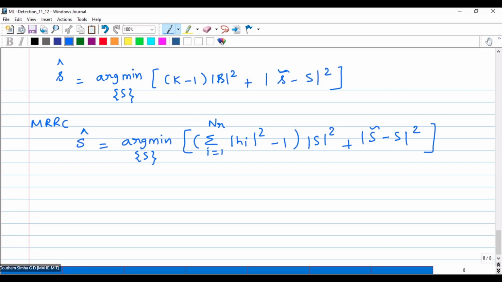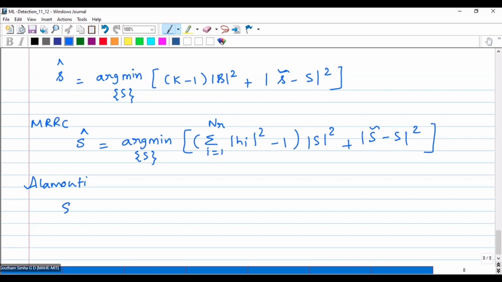Similarly, Alamouti you can write. For Alamouti, if you are writing I is equal to 1 to NR with this term, and you have used J equal to I, so if you write summation J is equal to 1 to 2 for a 2 cross 2, everything would remain the same here. S1 square here, S tilde square instead of S, okay, instead of complicating things, I'll write Alamouti. How do you detect Alamouti in case of Alamouti?